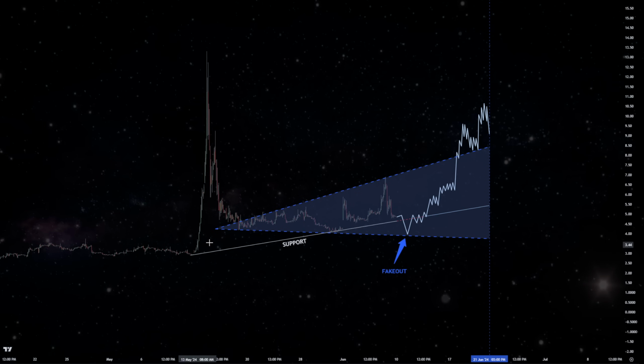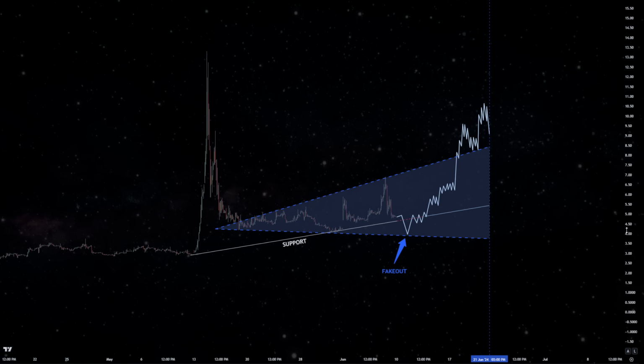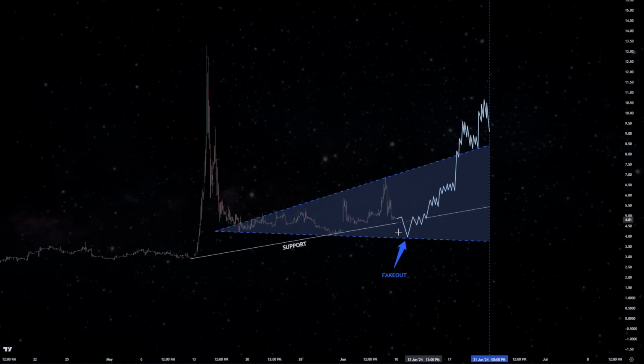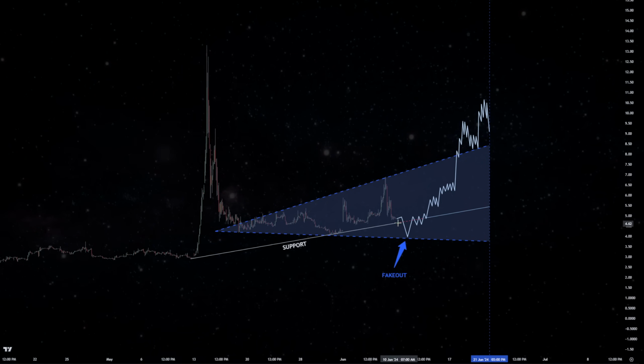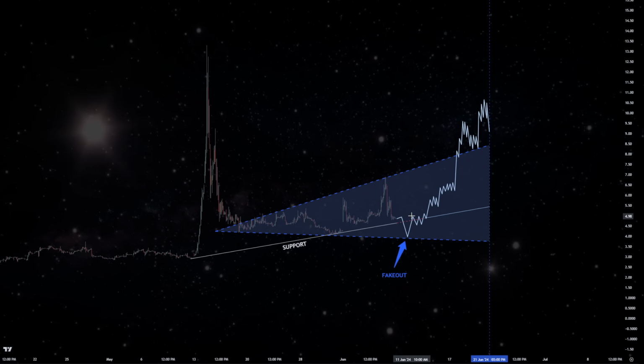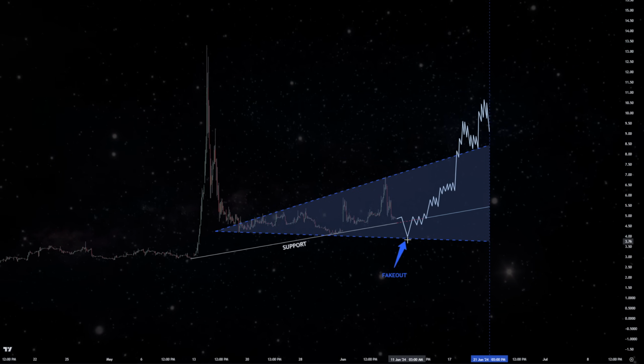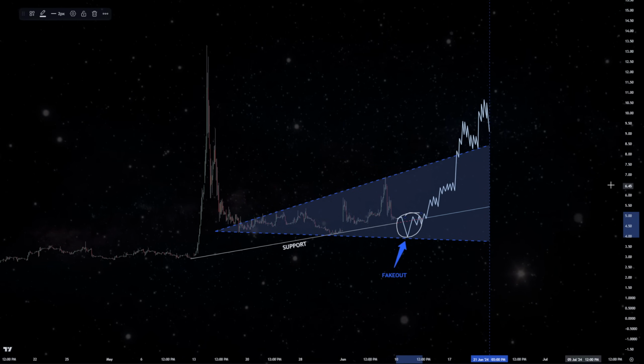Support trend line is only tested twice right now. So this is basically giving us that support trend line. We haven't broken this trend line yet. We're just riding above it. We haven't even retested it yet. So this pattern is basically telling us if we come close to it, I think the likelihood of us experiencing a fake out is pretty great.